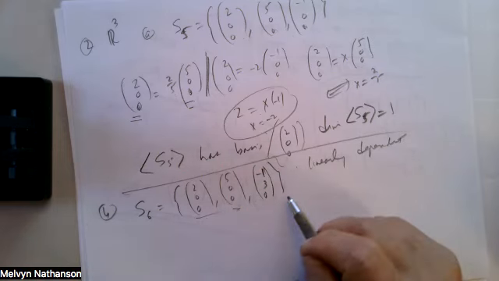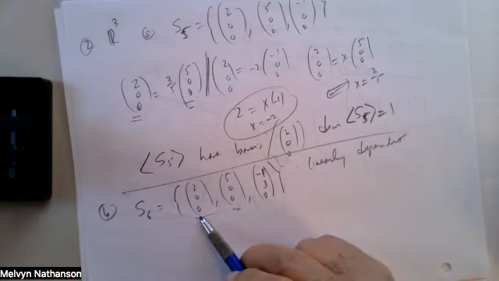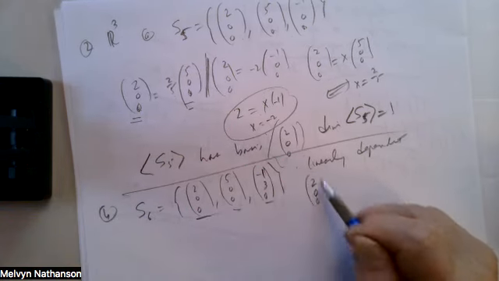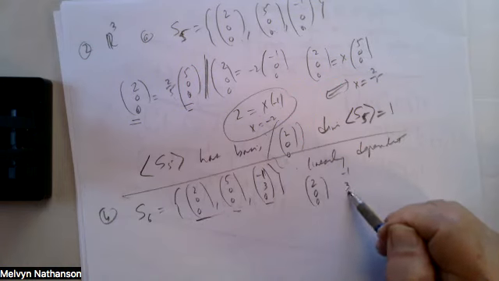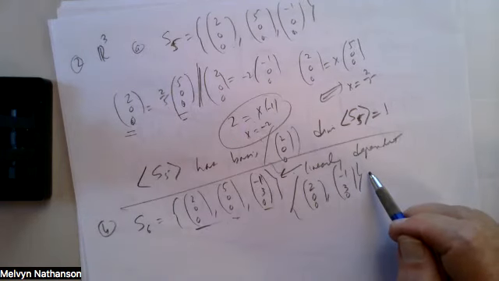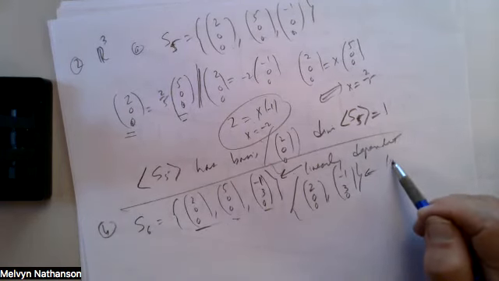If I take the set consisting of, let's say, the first and the third vectors, (2,0,0) and (-1,3,0), this set is linearly dependent, but this set is